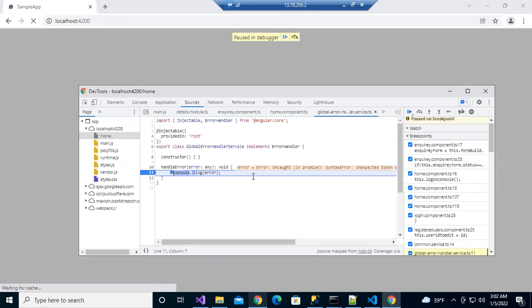Okay, see, once errors come, this is the error. And you need to put some alert also. You need to prompt the user that some errors have occurred. Okay, put a debugger in the error handler always when you are working in an application. If any error occurs, it will be called. So then you can identify what the error is, how it happened, even the file and file number also.